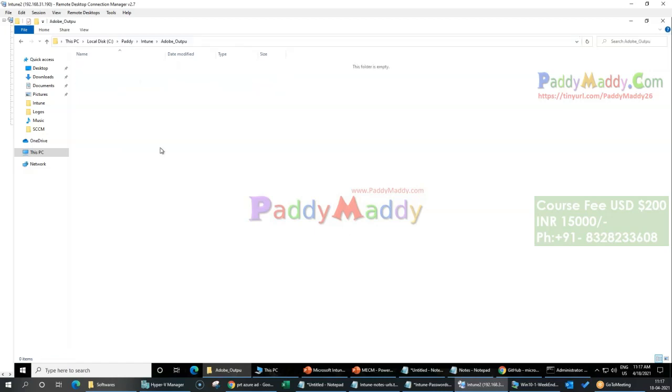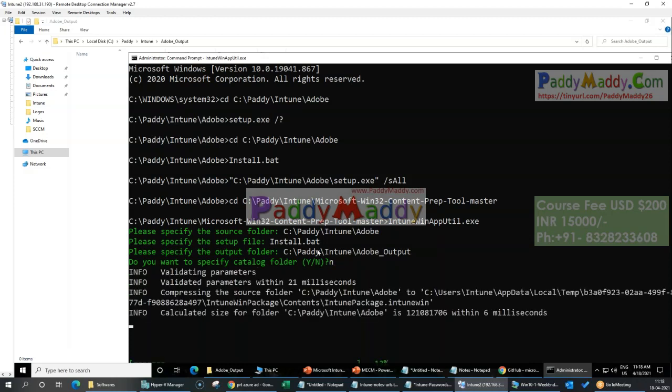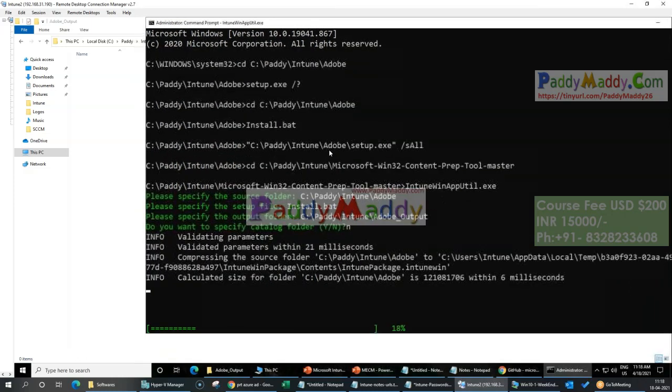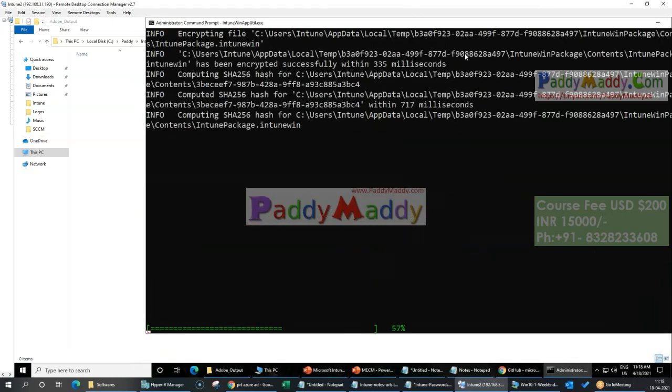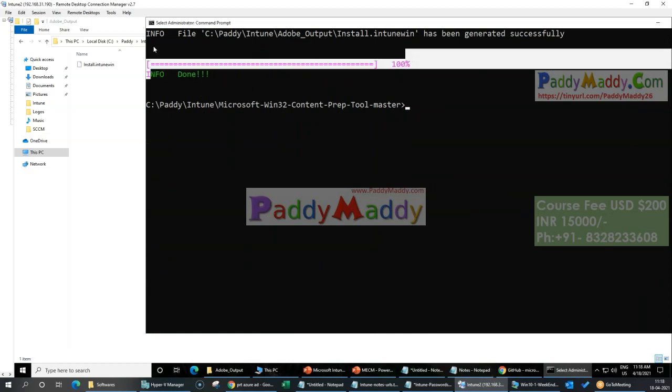Sorry, output was not there, but let's say I wanted to copy the package to be converted here and put it here. Okay, this is a catalog, that's packaging terminology. Just leave it, you don't need it. So click on no for that. So what it is doing, if you read here, is compressing all of that, adding some required files, and then it's done with 100%. And you see here, it's created something called